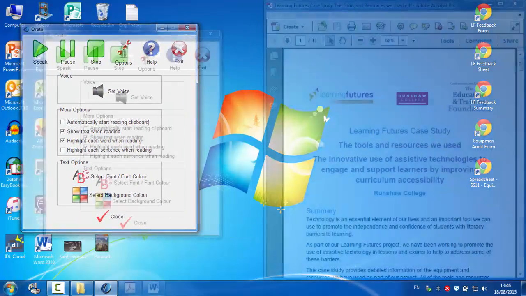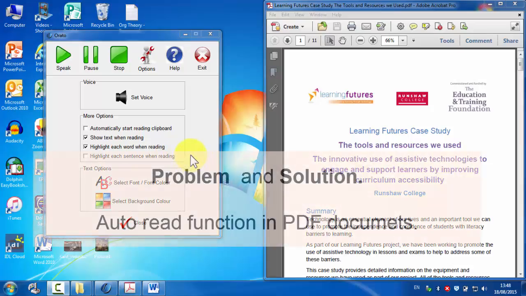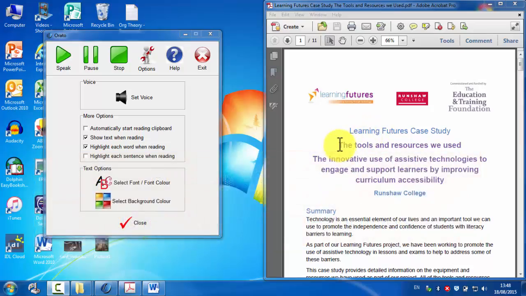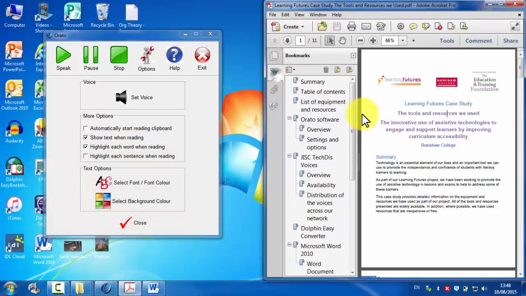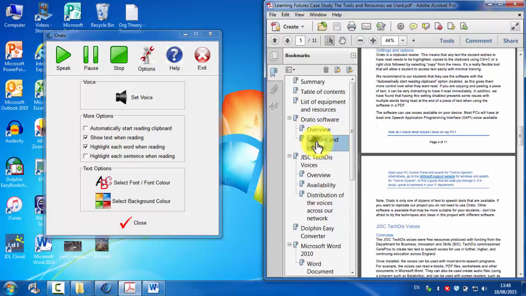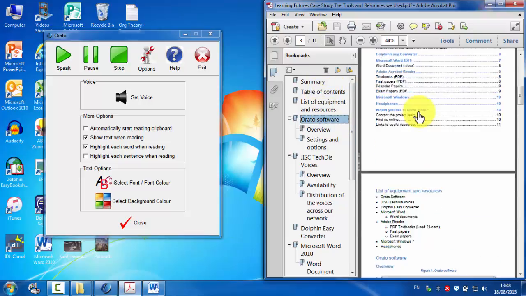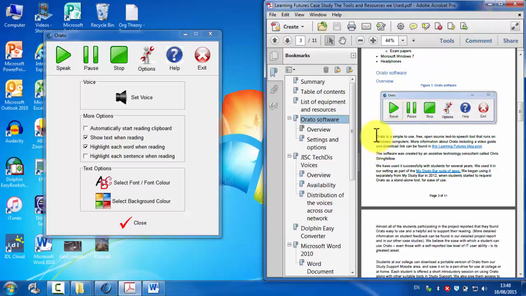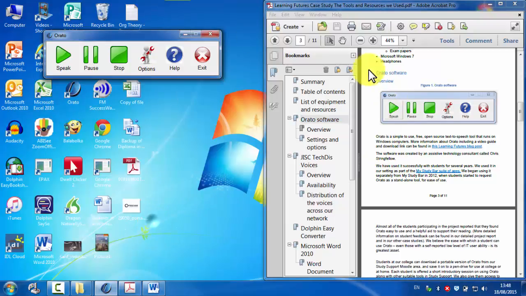if they're going to be using Orato. Okay, so you can see over on the right hand side of the screen here, I've got this Learning Futures case study open, and this case study is about the tools and resources that we used. This case study does actually feature some information about Orato software, as well as some recommendations about the settings and options, and this is one of the things that I actually wanted to address in this video. So this is basically a solution that we're offering to a problem that we did encounter when we used the software. So if I were to highlight a piece of text that I want to read